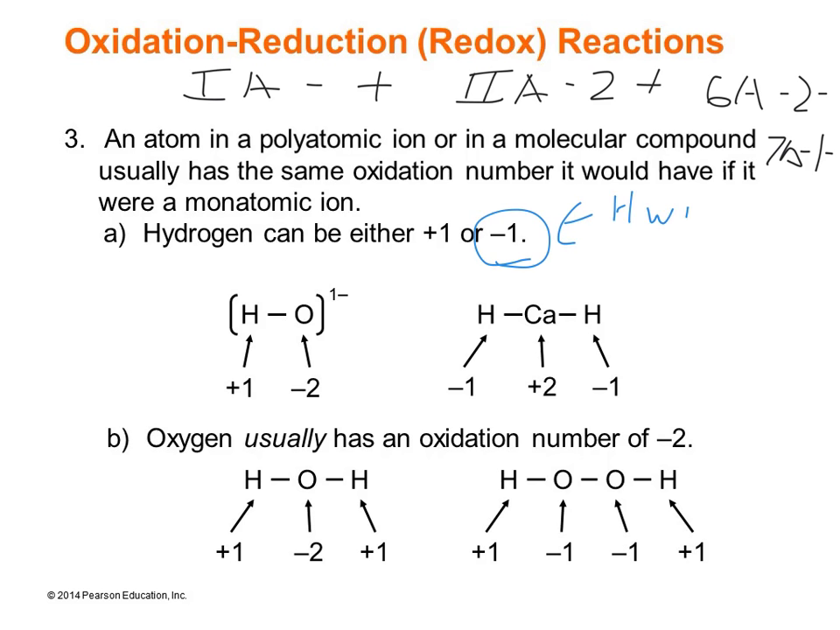I hate this rule, by the way. Hydrogen will only be -1 if it's listed after a metal